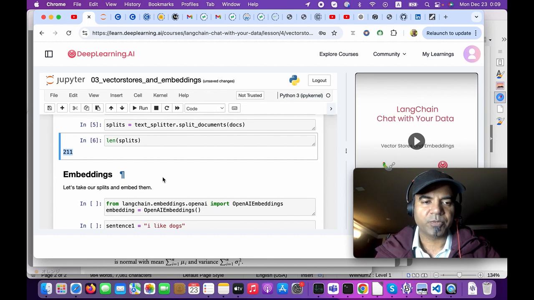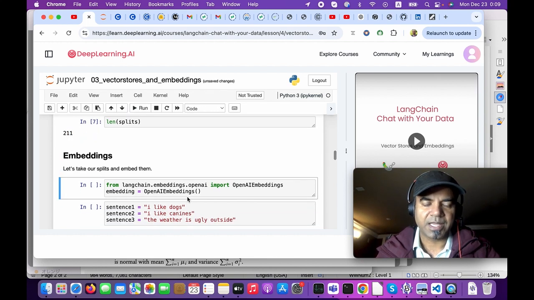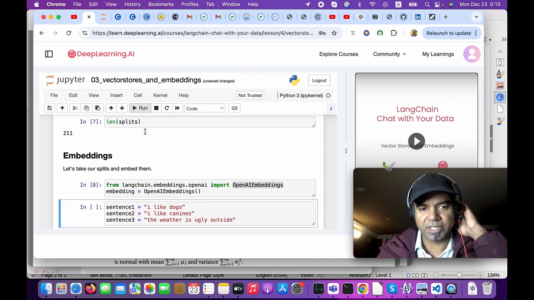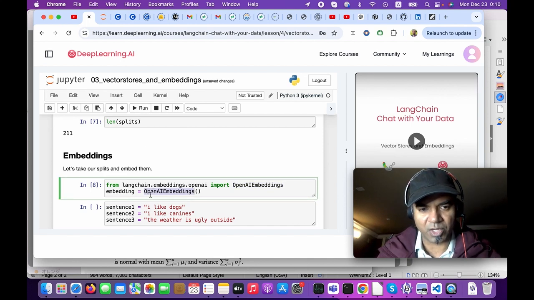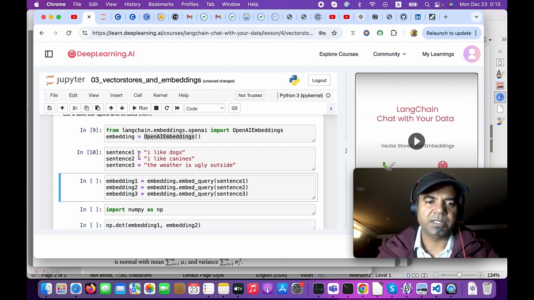Now for these chunks we will create embeddings, and one of the models which helps us create embeddings is from OpenAI, OpenAI embeddings. This is again a transformer model for creating embeddings. So it creates an object of OpenAI embeddings, and then this is just to show that